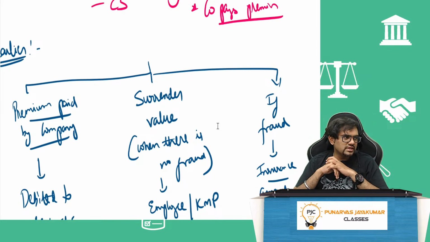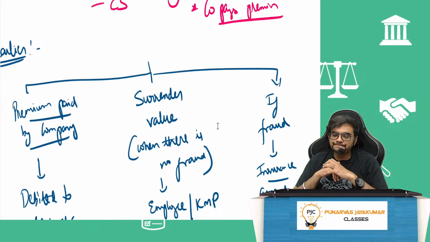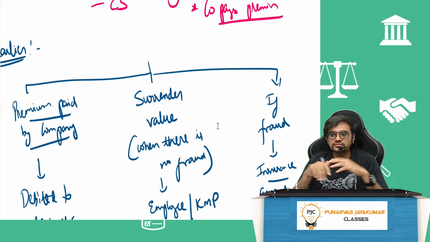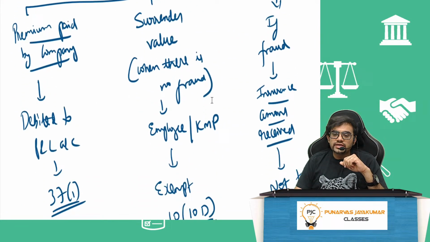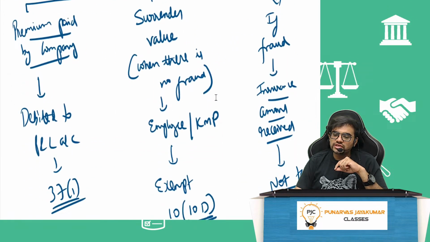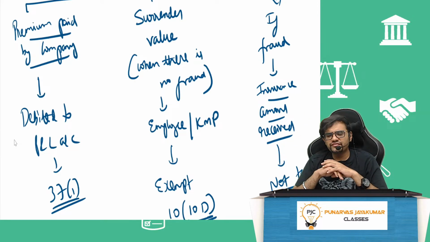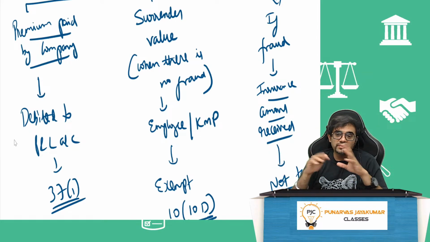Earlier there was a problem. Similarly, the key managerial personnel receives some money called surrender value at the end of the tenure. So will there be tax for him? Earlier it used to be exempt under 10(10D). And if there is a fraud, the insurance amount that the company received was not taxable earlier under section 28. All that did not even make sense, because when you debit the premium, you are giving a tax benefit by debiting the P&L account and reducing the tax burden. When you debit an expense, the profit will reduce. When the profit reduces, tax also reduces. So you have already given a benefit. When you are getting the money, obviously you should tax it, but people were not taxing.